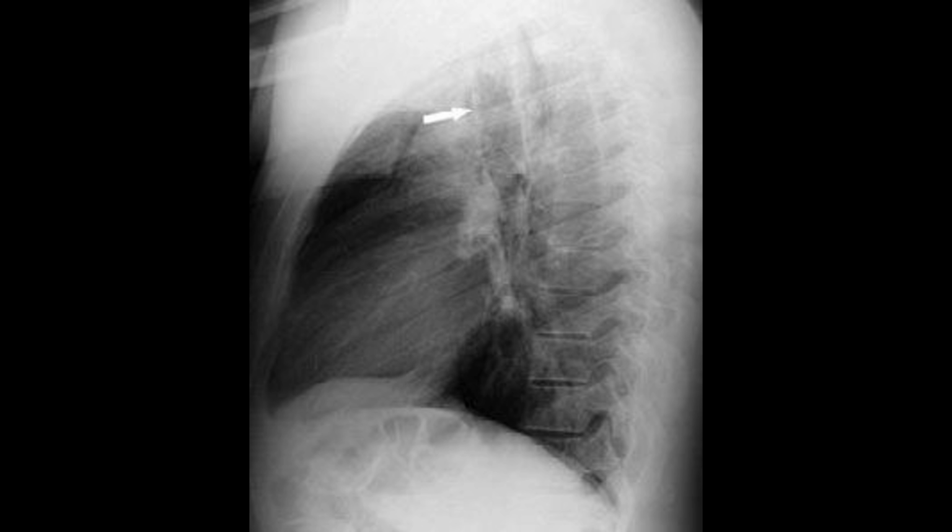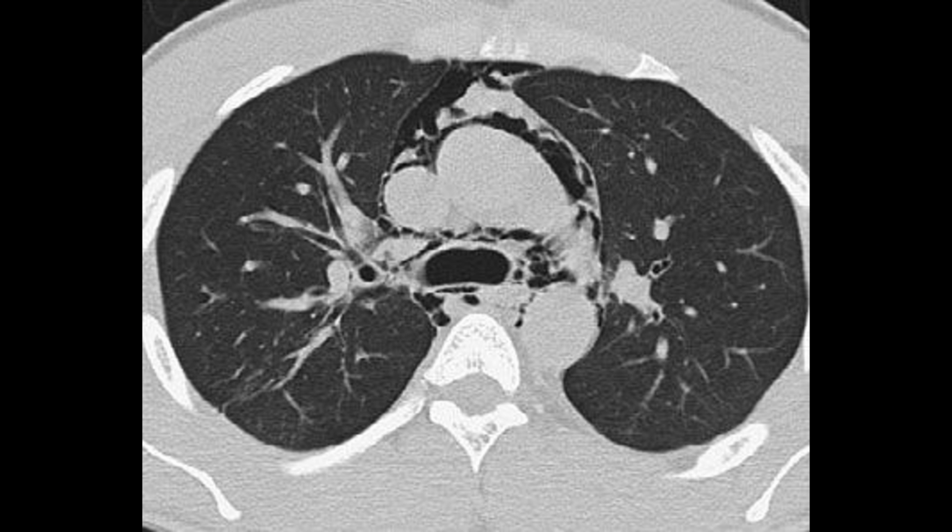On the lateral projection, the anterior wall of the trachea is clearly delineated and there is gas seen anterior to the ascending aorta. These findings indicate the presence of free air within the mediastinum. The CT confirms the presence of mediastinal gas without associated fluid or evidence of tracheal rupture, consistent with a spontaneous